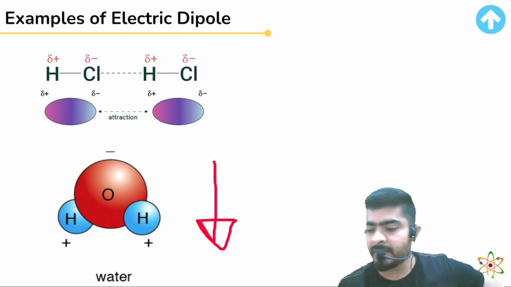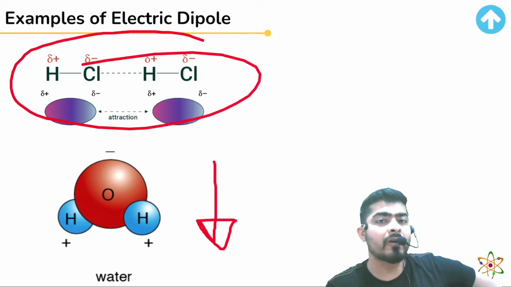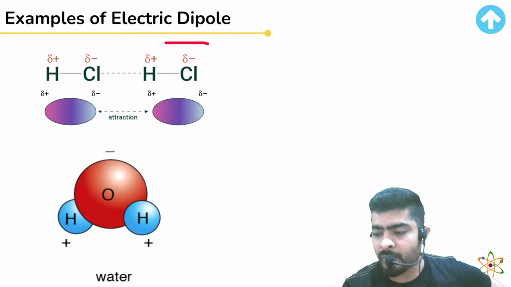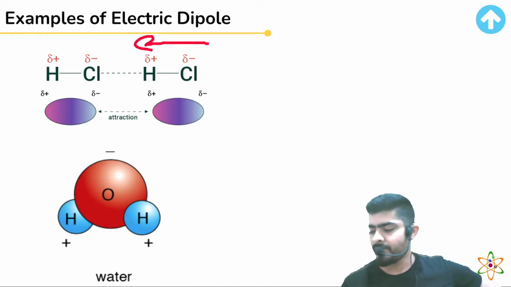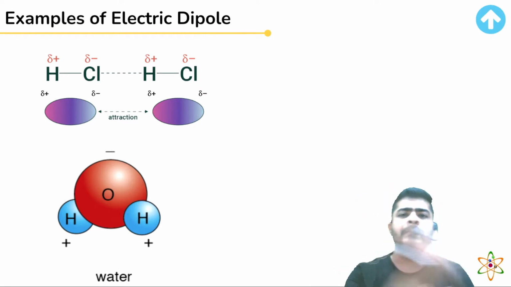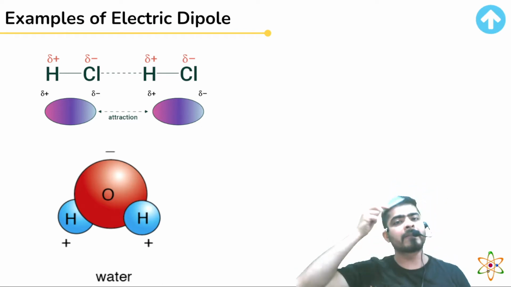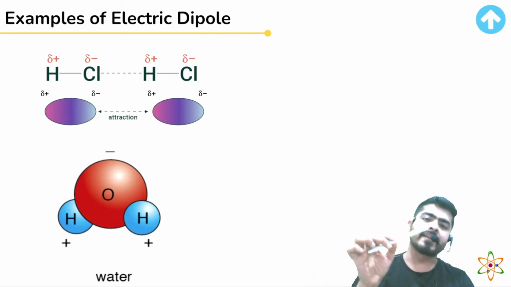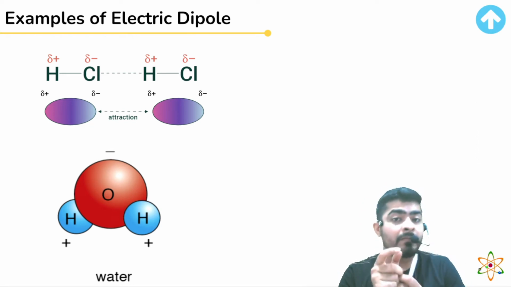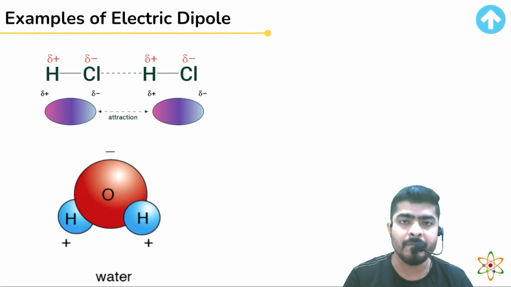Similarly here you can see we have HCl molecule. The chlorine has more affinity for electrons, so the chlorine side will be negative, hydrogen side will be positive, and therefore the dipole moment will be pointing in this direction. Any other example of dipole? Yes. If I take a plastic scale, rub it with my hair, and bring the scale close to paper pieces, then the paper molecules become polarized. The entire paper becomes polarized. It becomes a dipole.